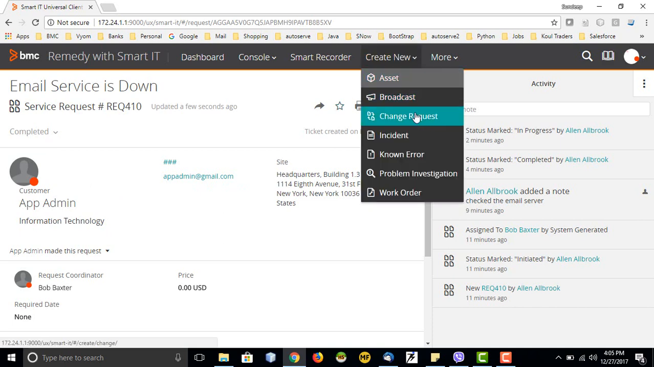Similarly, we can create tickets for different applications like change request, known error, problem investigation, work order, or we can create a broadcast, we can create an asset. So that is up to us from our console. This is the same thing we do. Like let's say we add an asset to the CMDB. So similarly, we can add the asset to the CMDB, and we can create a broadcast and the other different